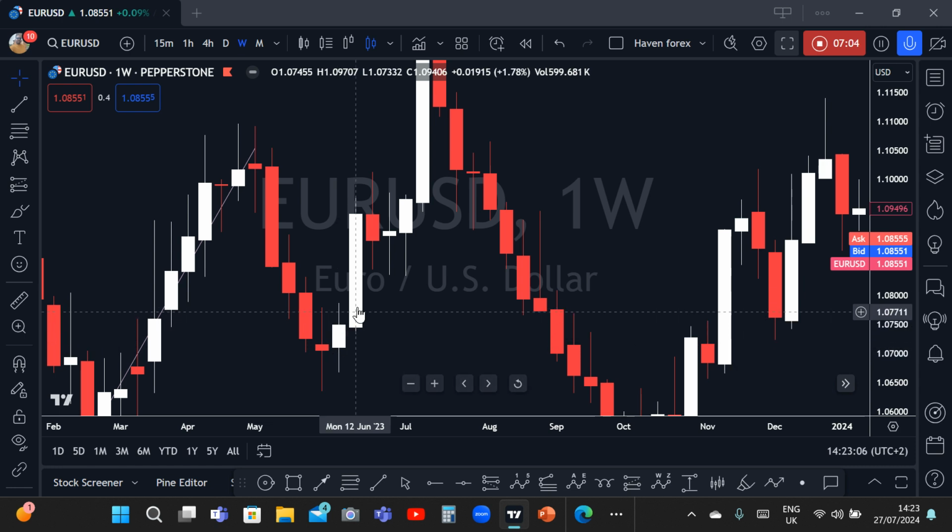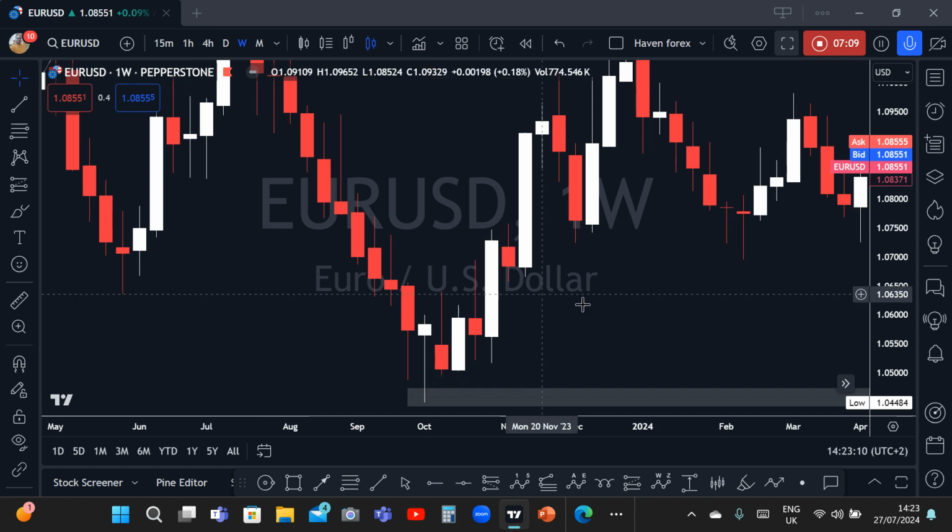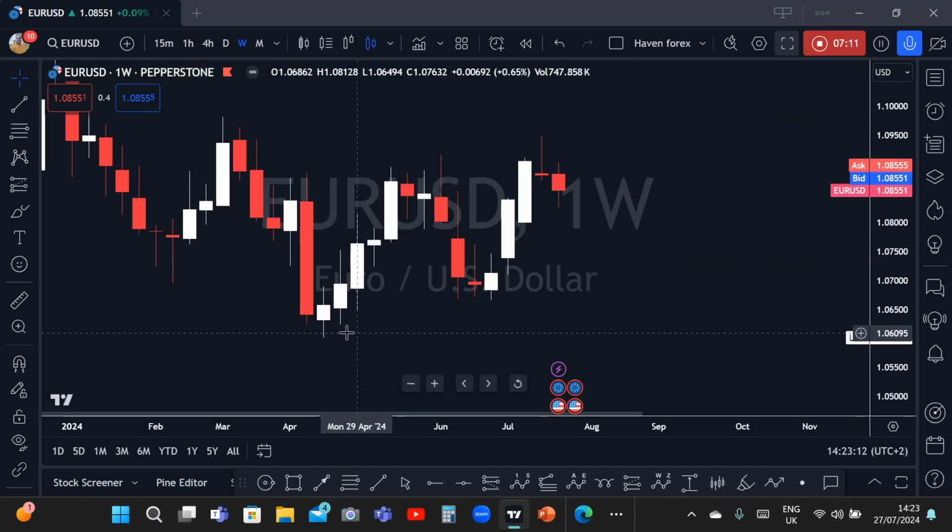It closes. This is another bullish candle, followed by another bullish candle. So we call it a higher high, higher close candle in a bullish trend. This is a bullish candle, followed by another bullish candle. As soon as it closes,